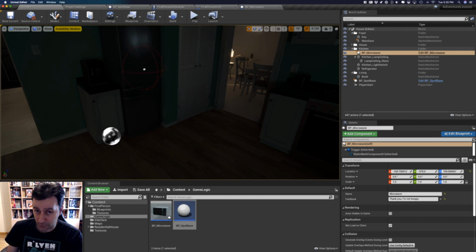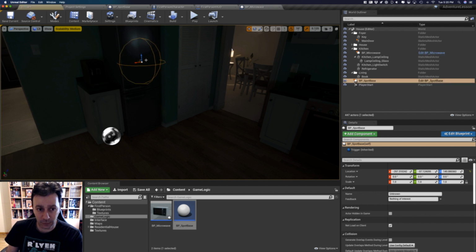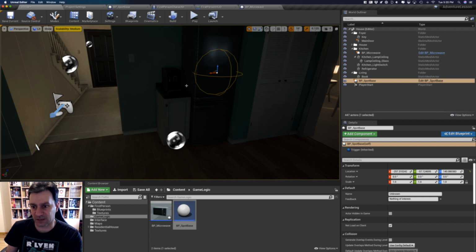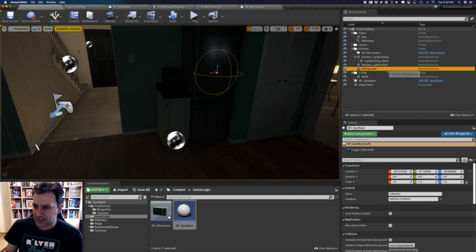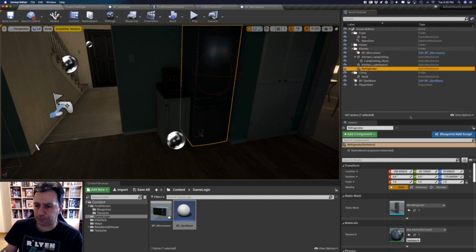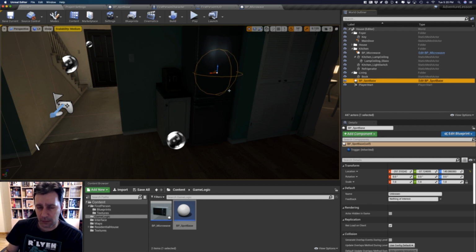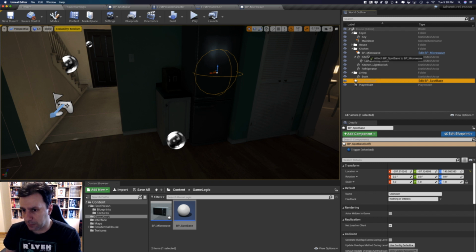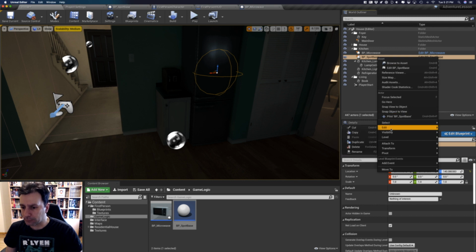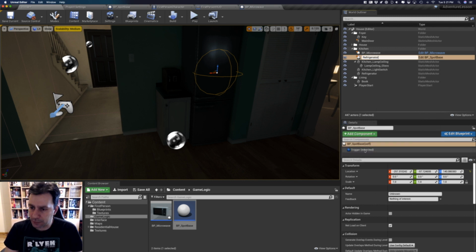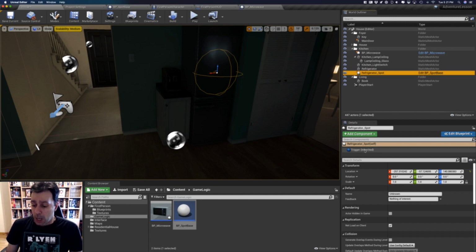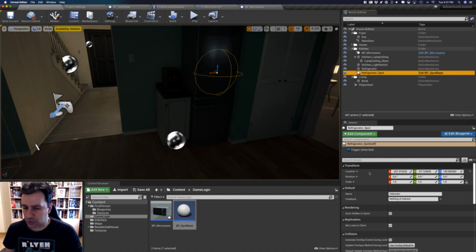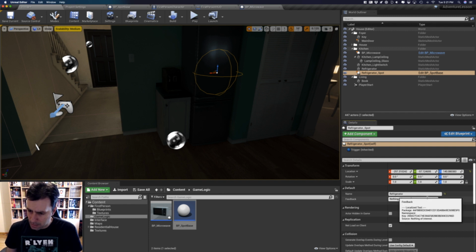I'm going to do the same to the fridge, and notice I'm going to put the spot just where the fridge is. This fridge is a static mesh actor, same as the microwave before, and in this case now I have a blueprint on top. I'm going to put it in the same folder, and I'm going to call it refrigerator spot, and it's essentially the same. It's going to be the same case as with the microwave, because I'm going to collide with this sphere. The name, I can just call it refrigerator, and I'm going to say